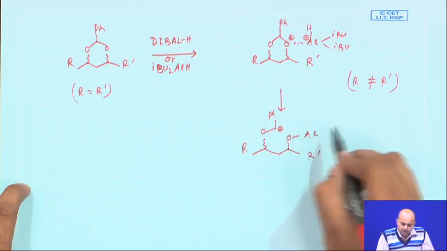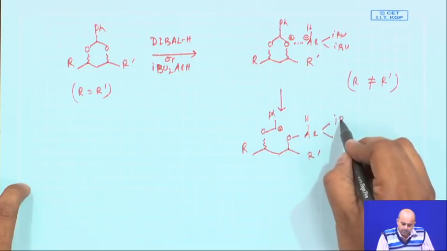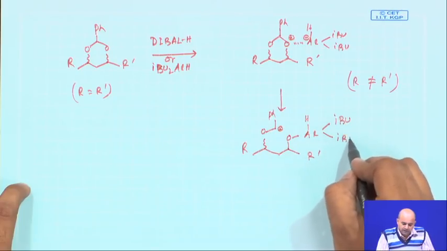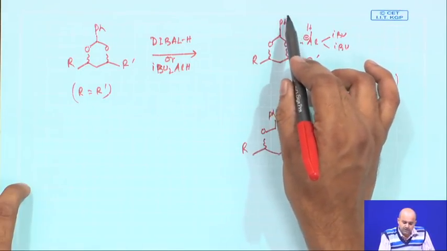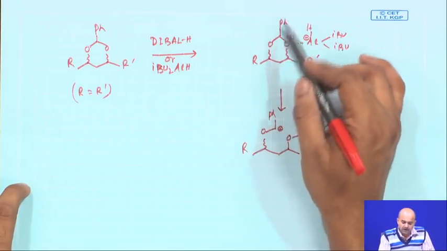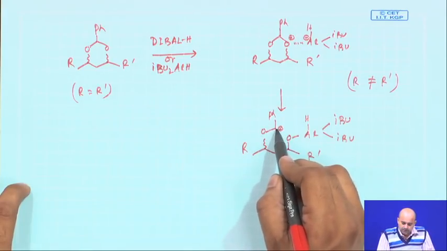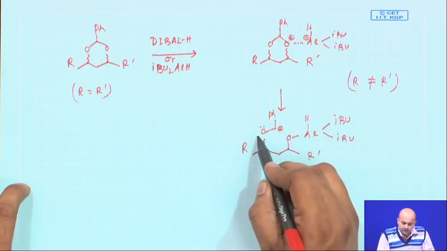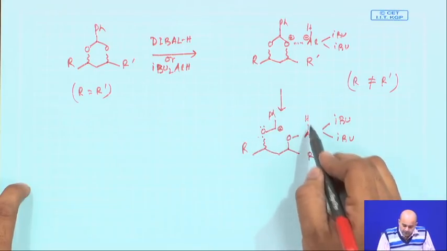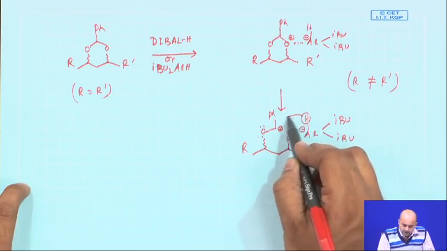So, benzyl cation will be generated here, if R equal to this phenyl, it could be a simple benzene ring, or it could be paramethoxyphenyl. Now, this is a benzyl cation, which is stabilized by this phenyl ring resonance as well as this oxygen lone pair. Now, the hydride from this DIBAL is transferred,